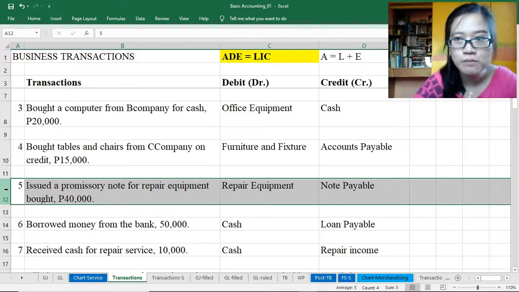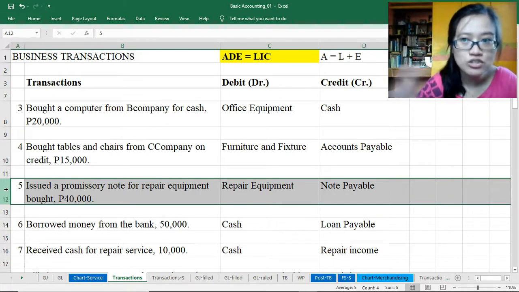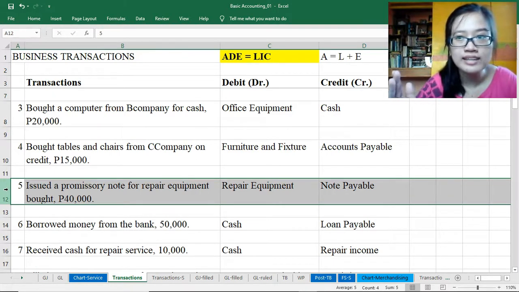Nag-issue naman siya ng promissory note. So, utang pa din. Number 5, issued a promissory note for repair equipment bought 40,000. Okay, bumili ng repair equipment pero utang muna. Instead ng simpleng accounts payable, note, nag-issue siya ng note kasi normally kapag note, it's for assets na medyo mataas yung value, tapos yung credit term is medyo mas